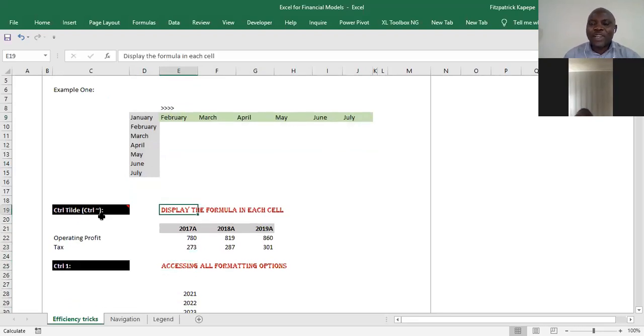There are times when you are working on a worksheet or you have a model which was not developed by yourself or a spreadsheet that was not prepared by yourself. You would want to check what is in there, the formulas and all those other things. So what you do,